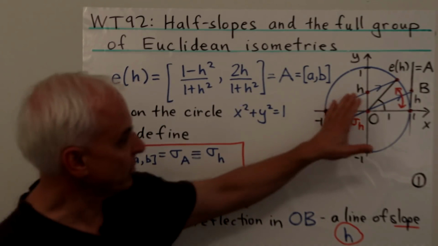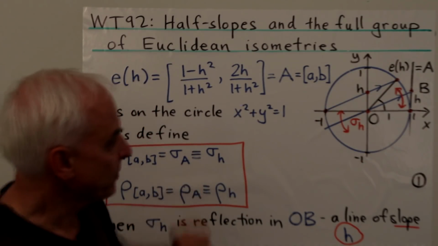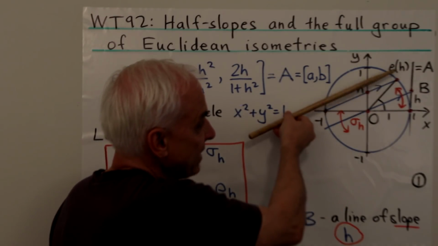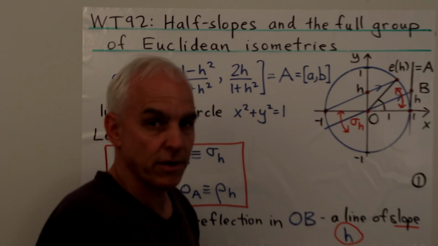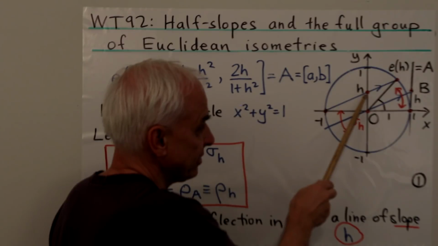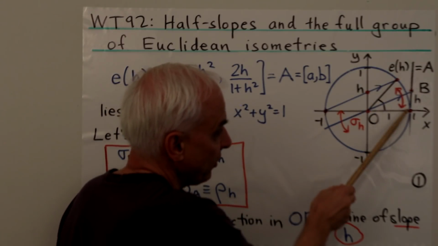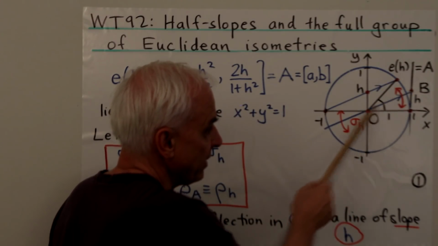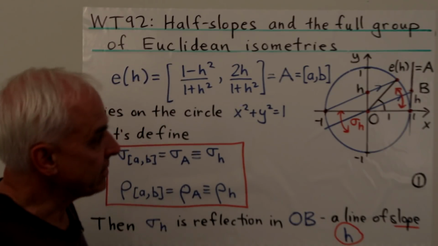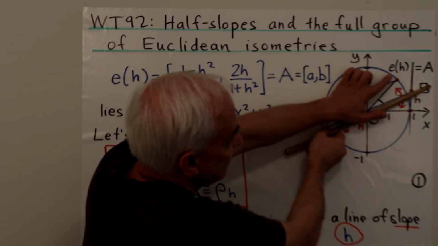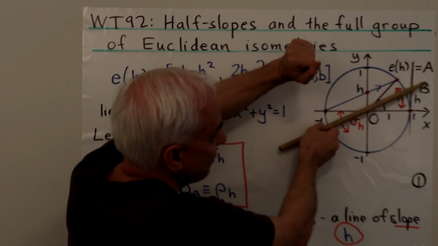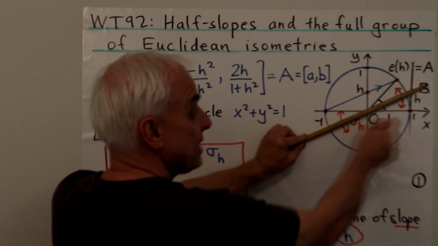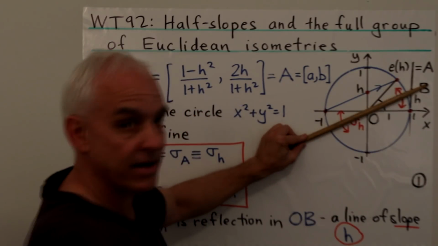Now, in terms of the geometry of things, I remind you that this line here, which determines the point E of h, if we translate it down to go through the origin, then it will still have slope h. Slope here is h over 1. And so over here, if we draw a line tangent to the unit circle at the point 1, then that height being h, then this line will also go through there. And this line here bisects the separation here. In other words, the reflection through this line is exactly the reflection sigma h that we've been talking about, that sends the identity element to the point A.